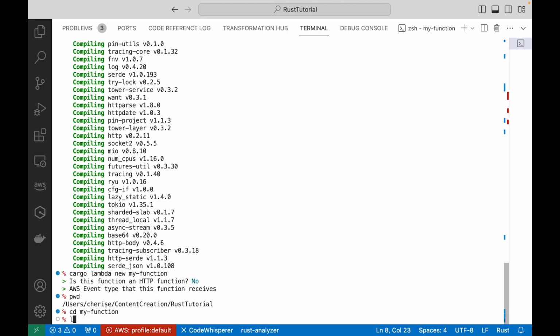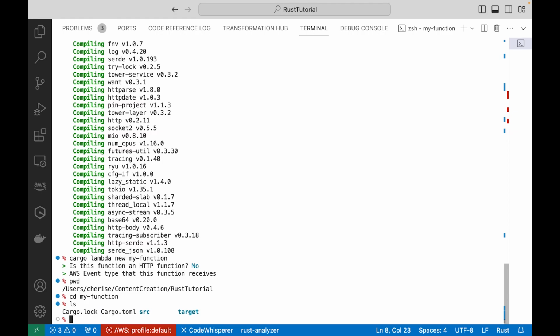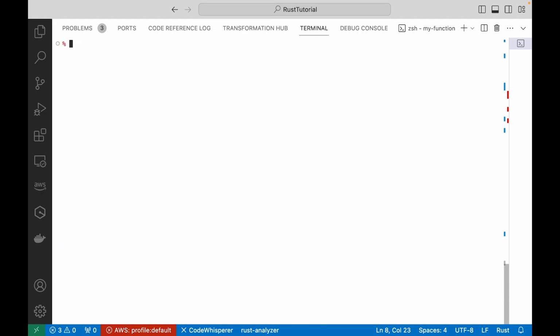And if we do a list, we'll see that we're in the right directory because we have our source, our Cargo.toml, and everything that is related to this Lambda function. I'll clear my screen once more to make some more space. Okay, so